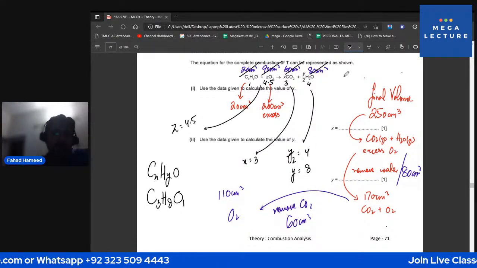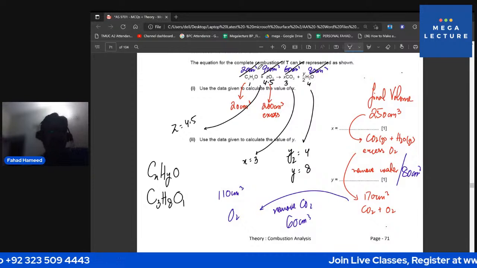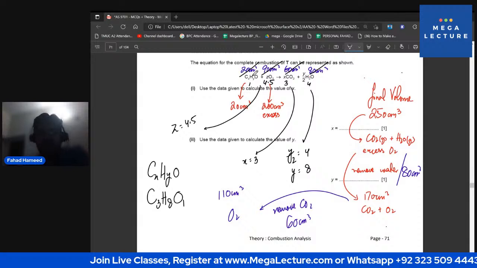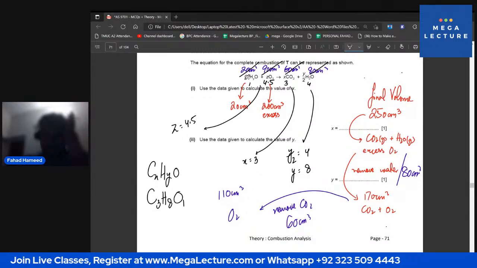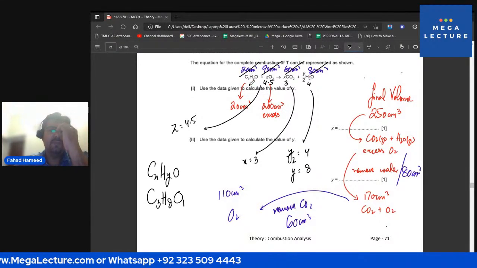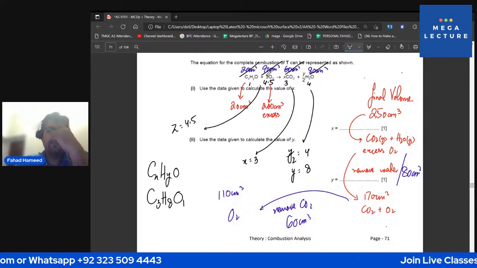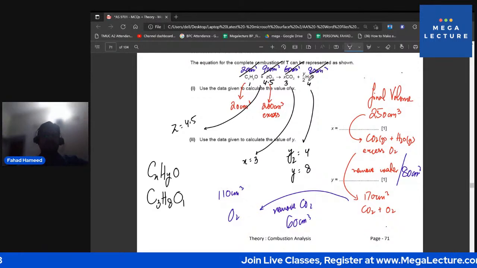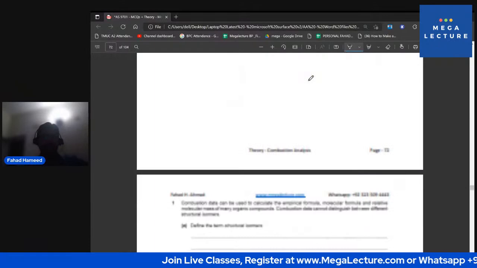So that's how you figure out the formula of a compound. If you know the volume ratio, you can figure out the mole ratio. If you know the mole ratio, all you have to do is a simple comparison. But keep the first one as 1 mole, because the equation states 1 mole is reacting. So when you do the ratio, make sure the first one is 1 mole. So 1 mole reacts with 4.5, so Z is 4.5, X is 3, and Y by 2 is 4. Now we're going to try and